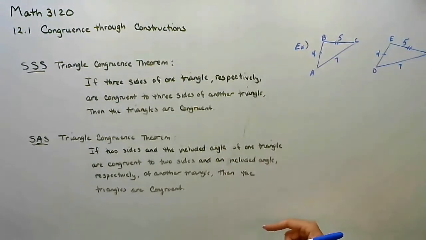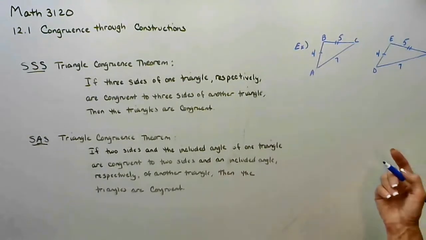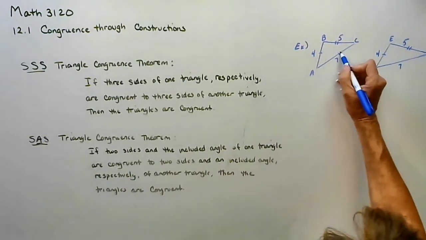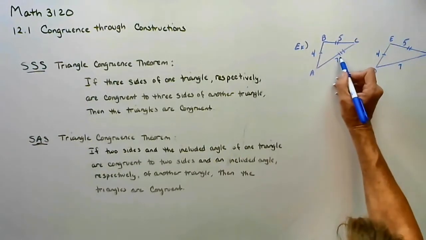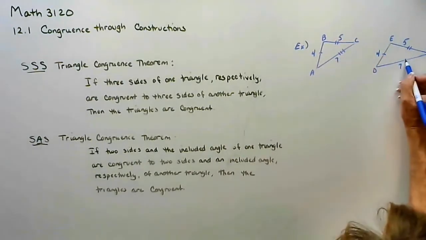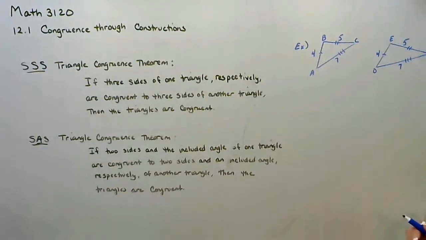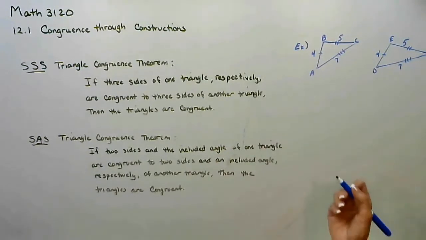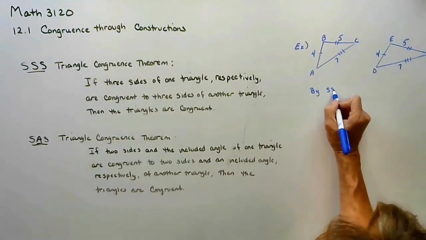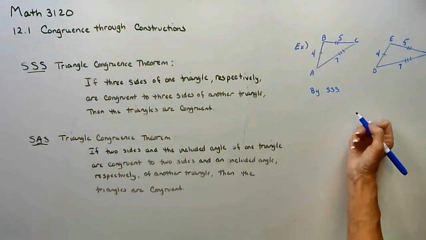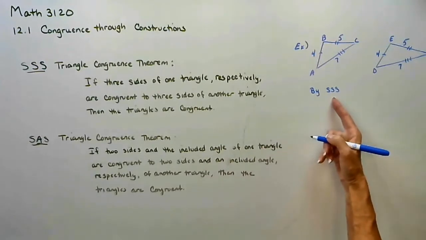And they're different than 4, so I'm making a different mark. And side 7 units long is different than 4 and 5, so its congruence mark is different. I can see that those 3 sides are the same. So I could say, by the side congruence theorem, and I'm fine if you just say side,